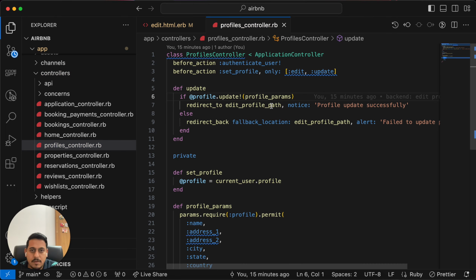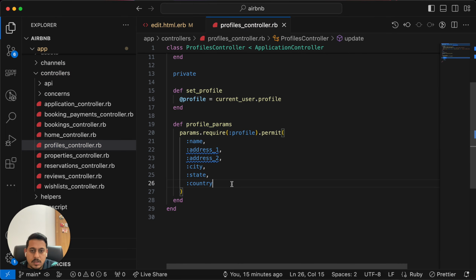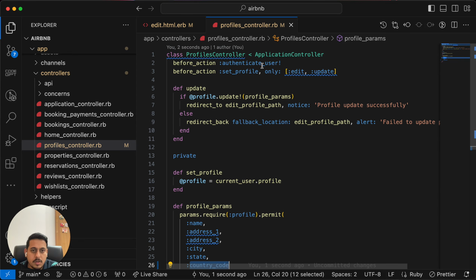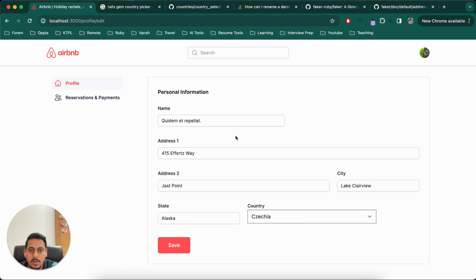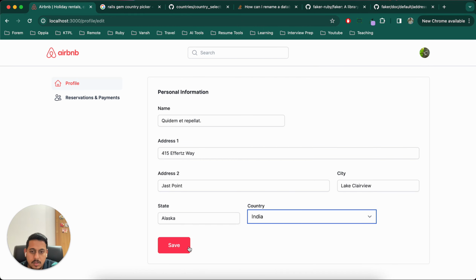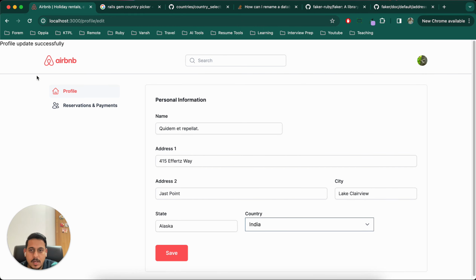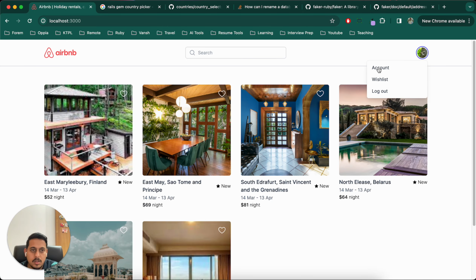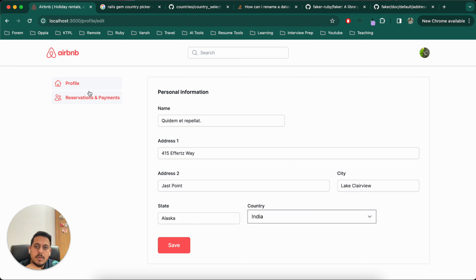No, it was not saved actually, because we still have country here. So it should be country code. Let's do this again. And now it is working. So this is working correctly,